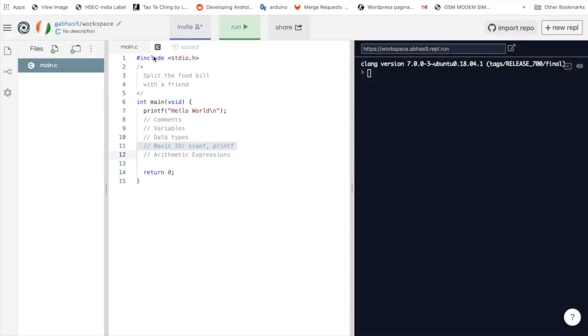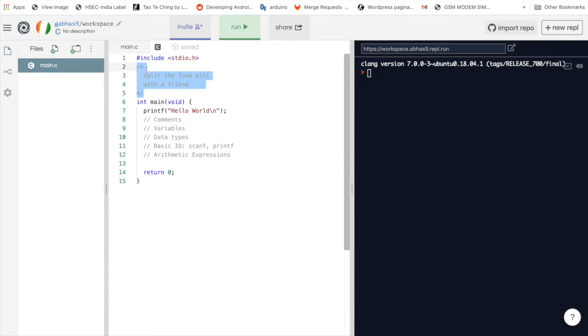Here you can see I have a new file which is the same as our previous chapter, but you'll notice that we have some additional statements over here. These are nothing but comments in the code. Comments are meant for the person who is reading the code, they are not meant for the compiler. Anything written within comments is ignored by the compiler.